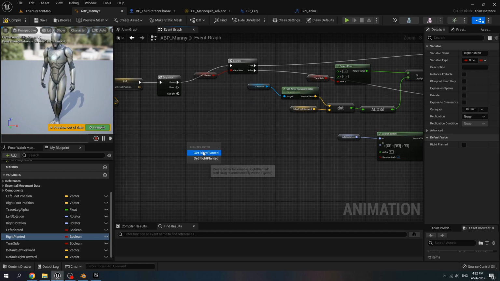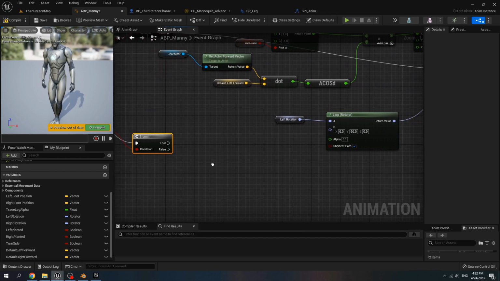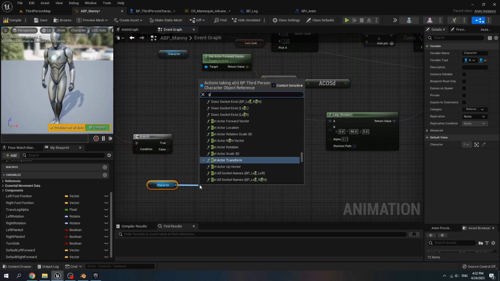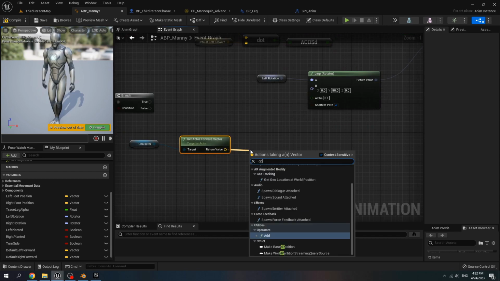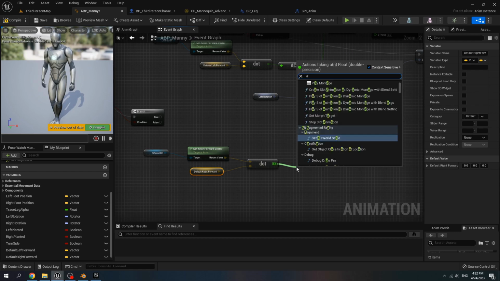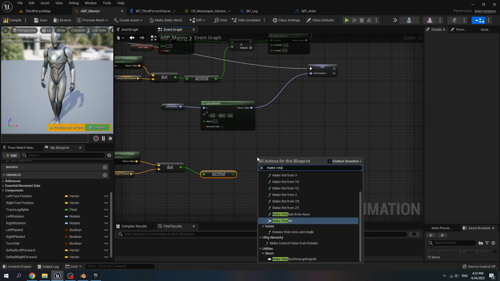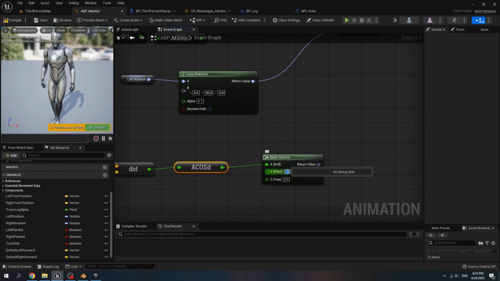Get right planted. Create a branch. When the right planted is true, get character, get actor forward vector, dot product, get right forward and find arc cos degrees, call make rotator and set it to X roll, and the pitch is -90, yaw is 180.